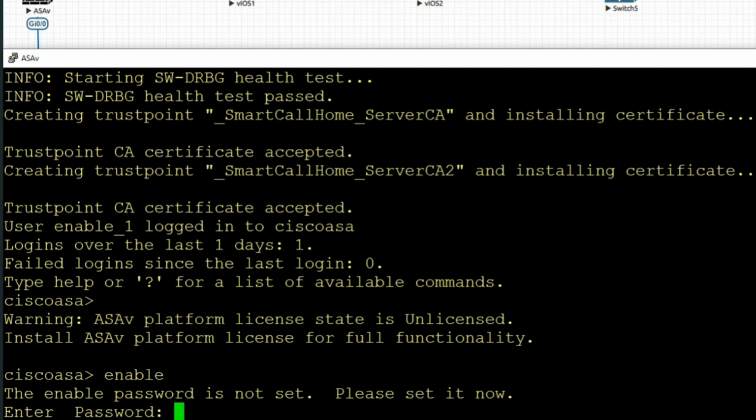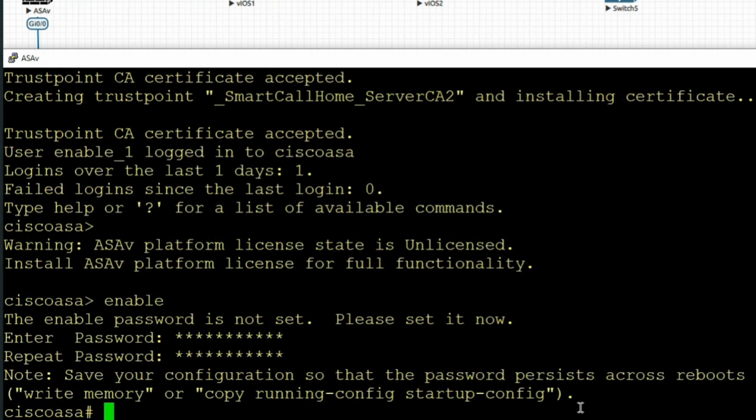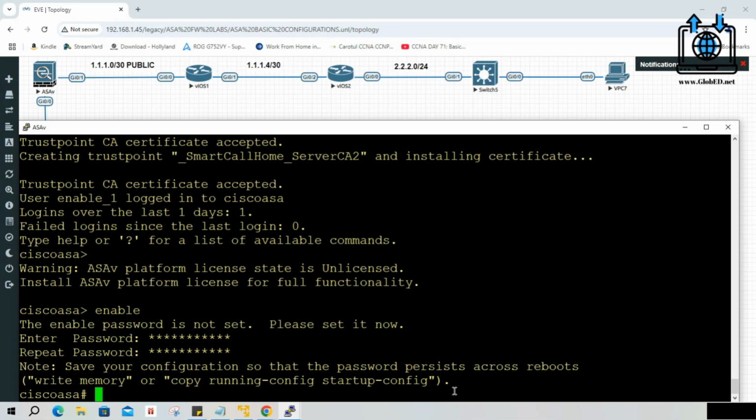Now I already have a password that I wrote down in my notepad. I don't feel like typing it up because my typing is horrific. I'm just going to copy a password, which is Cisco, using numbers and all that stuff, and paste it on here from my notepad. And I'm going to paste it again. So right now, I went ahead and set a password, which is Cisco using the number 1 instead of the I, and a 0 instead of the O. And then I have $1, $2, $34.